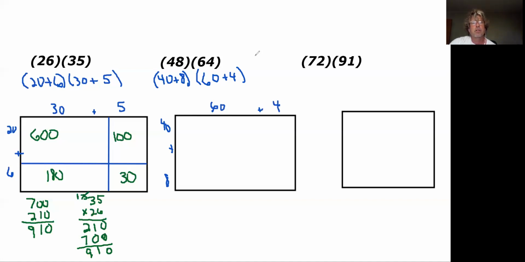So then I'm going to partition off. Let me fix that a little bit. There you go. It still jumps a little bit. And then the 60 plus 4, I'm going to partition it off a little bit. I create these 4 smaller rectangles to find the area of. So when I find the area,